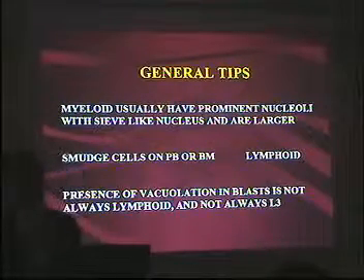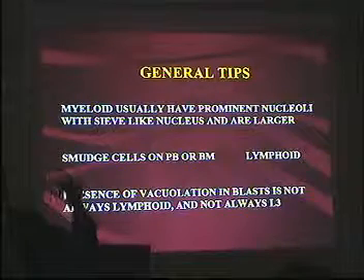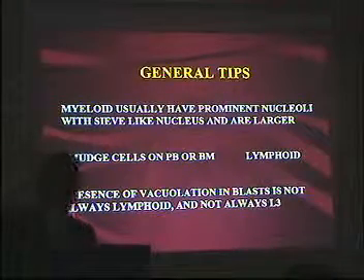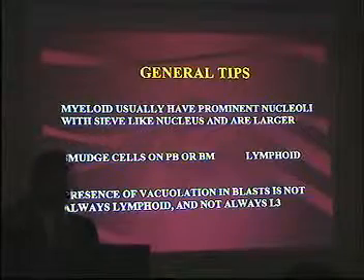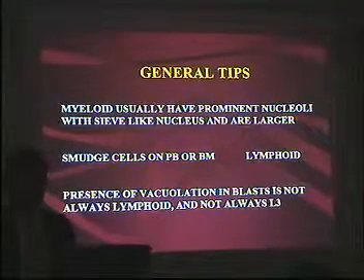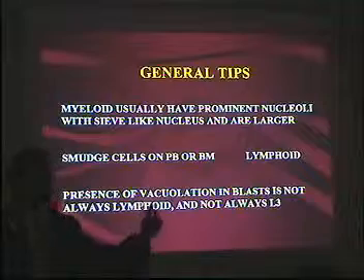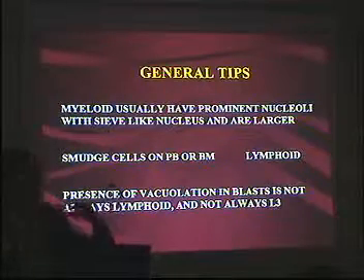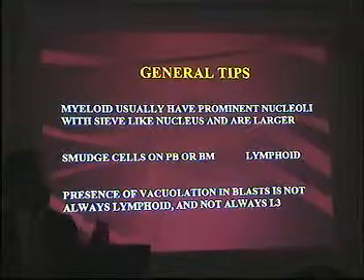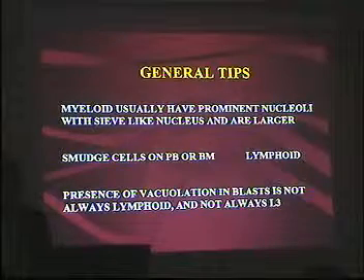Why? Suppose you were unable to tell and you had written ALL, acute lymphatic leukemia, and it turns out to be acute myeloid leukemia. And like Madam says, you lose that patient. They will say, "Isko malum." So there's no need for you to put between lymphoid and myeloid. You say acute leukemia and further differentiate it. Anyway, we have to do additional tests in order to make the diagnosis.